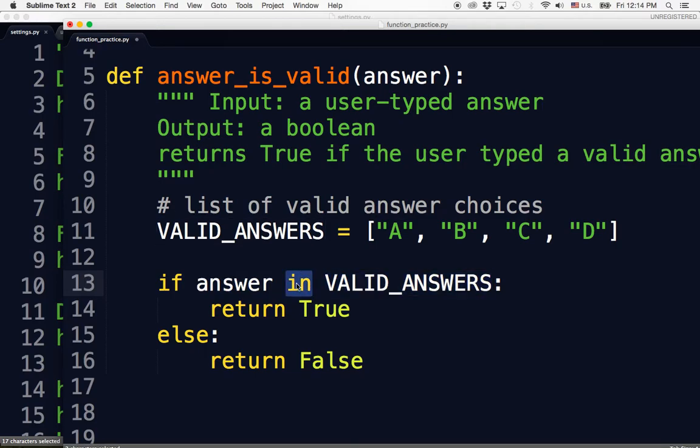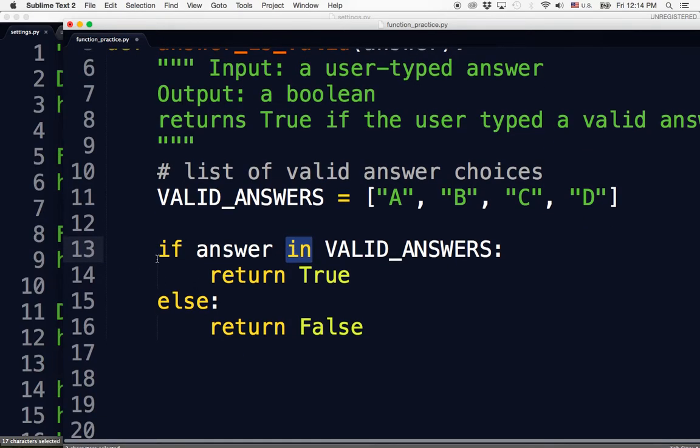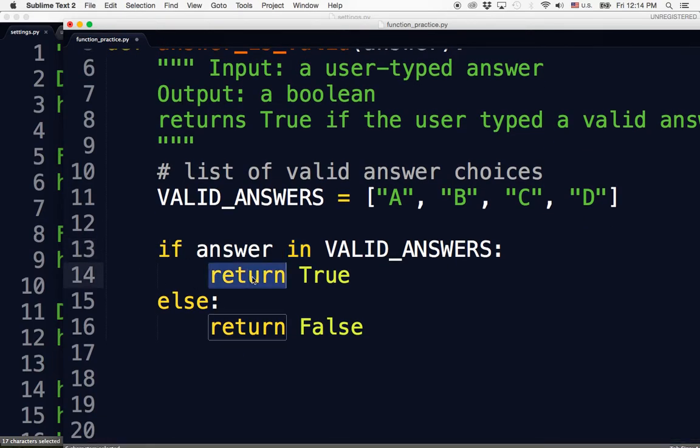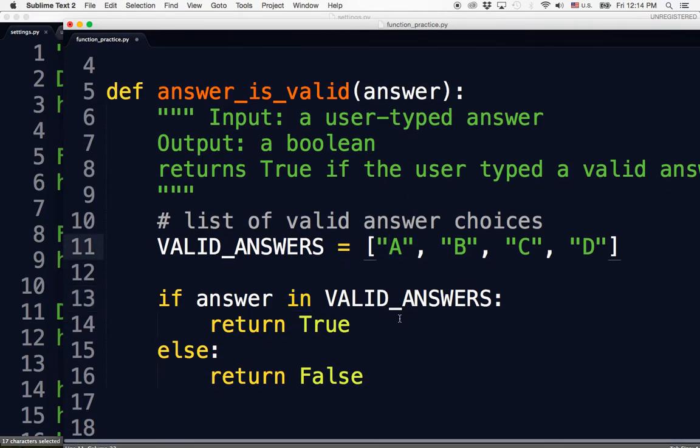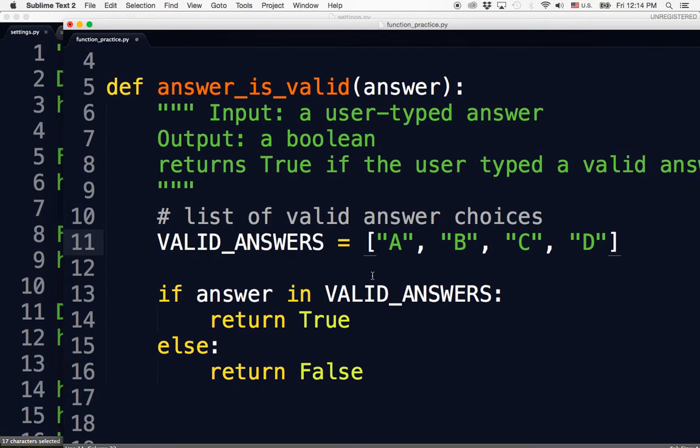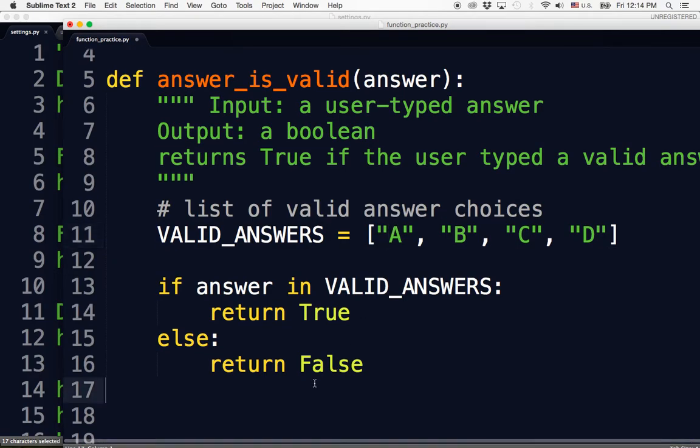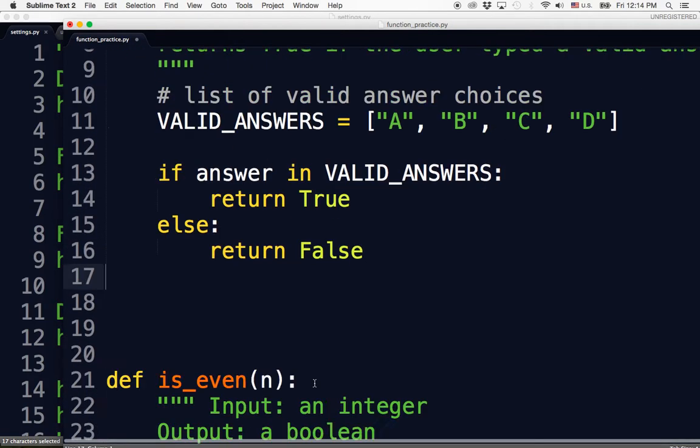This thing in, you'll notice it has the same syntax highlighting as if. It's the same color as all these other words that are reserved words. Return, else, in. These are special reserved words in Python. Okay, so it's just going to check if this is in valid answers. We could do some fancy footwork in a second here, but now I'm going to want to test my function,